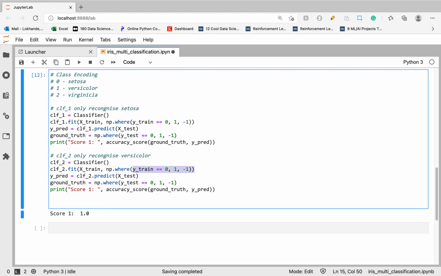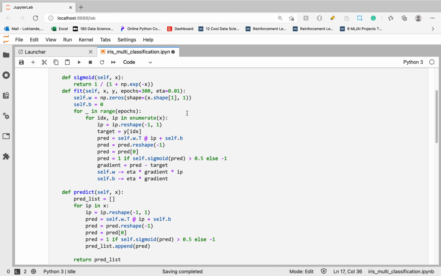Now this condition will change because the class label of versicolor is 1. So if y train equal to 1, then return 1, otherwise return -1. Same for y test: if y test equal to 1, then return 1, otherwise -1.